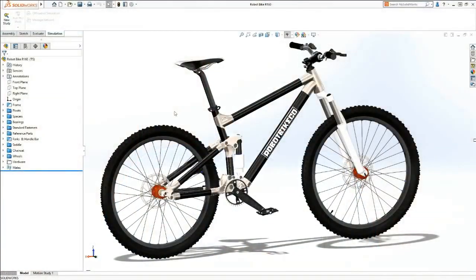Absolutely, Jeremy. So we introduced topology study in SolidWorks 2018 and Simulation 2018, and it was primarily focused on the best stiffness to weight ratio of my part. So give me